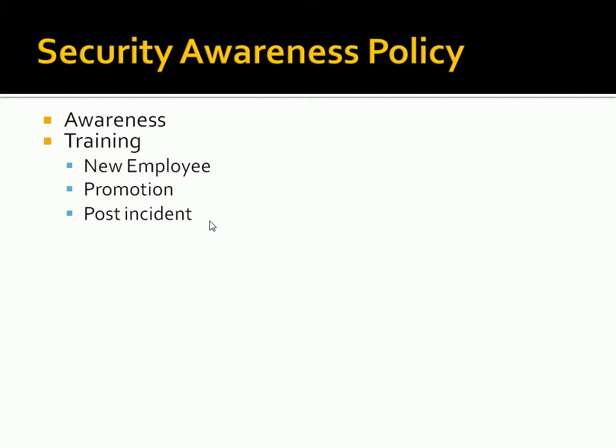After an incident, so if there's some kind of an incident, our incident response team, as we talked about in the previous unit, identifies some kind of an incident, and there's some kind of training that could have helped prevent that incident. I talked about employees noticing that the file names were strange. That could be simple training. We'll talk about ways to train people later on, but somehow we could have communicated that to all the employees after the incident to say, here's something that we could have done to prevent that incident. So after an incident, we could do some additional training. And anytime we have encounters with vendors or contractors.